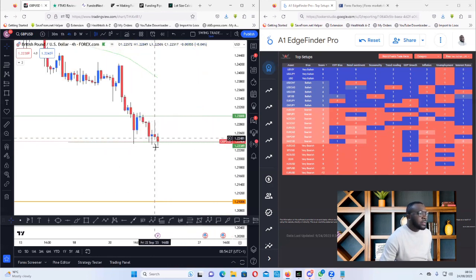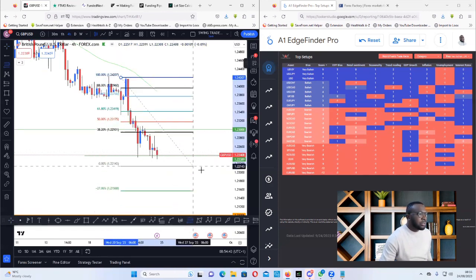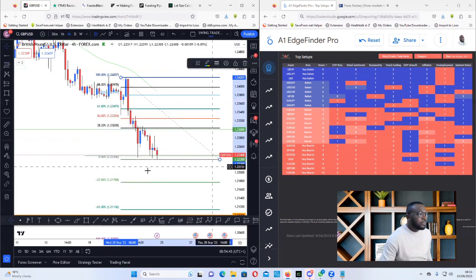But if price still pushes higher by retracing back up, then we need to wait for a drop. So what we're looking at now is this overall push down. This is the setup I'm looking at on GU. I'll be looking at price pushing all the way back up. Maybe we should be expecting price action